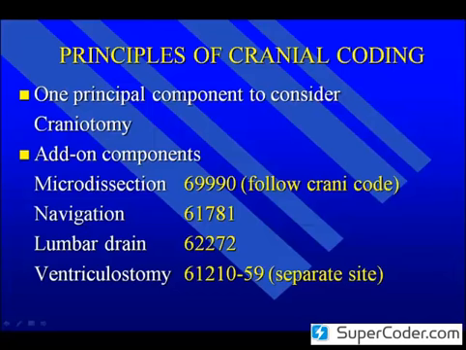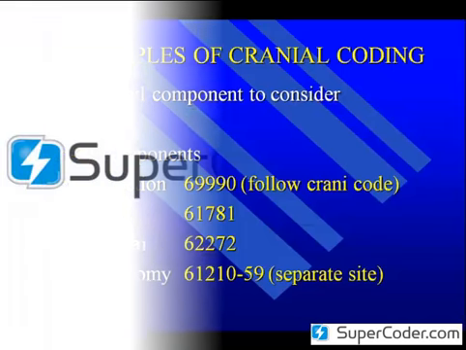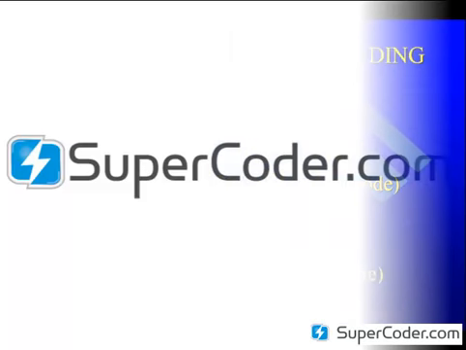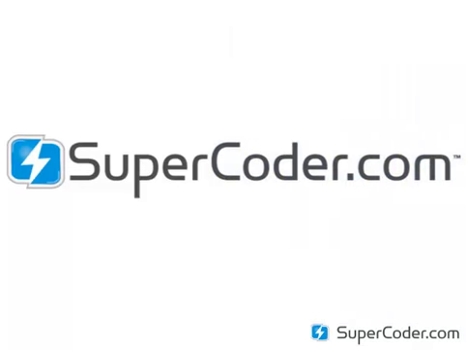A subtle exception would be for the skull-based surgery codes, which we'll talk about in a little bit, in which that has been subdivided into an approach code and a definitive procedure code. Other than that, most of the time craniotomy codes will stand on their own as the primary procedure, but there are many add-on codes that can be considered in cranial procedures that one should look for